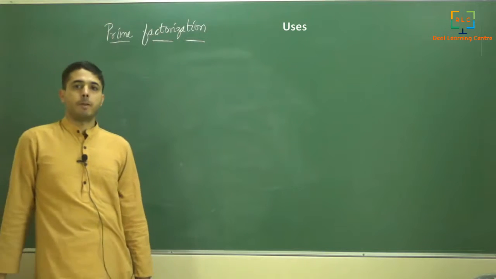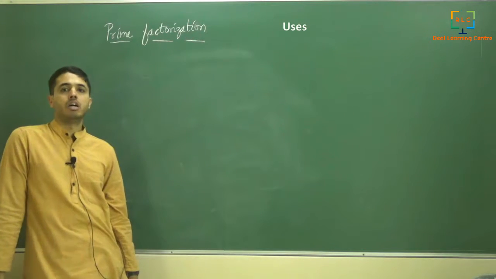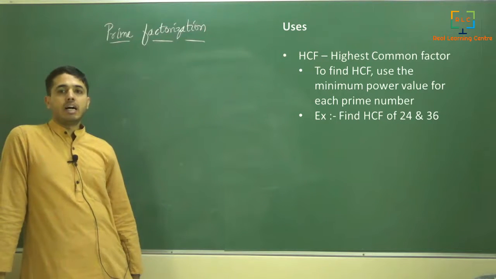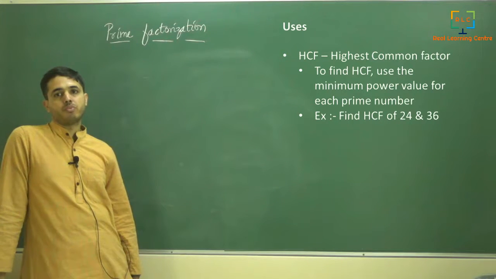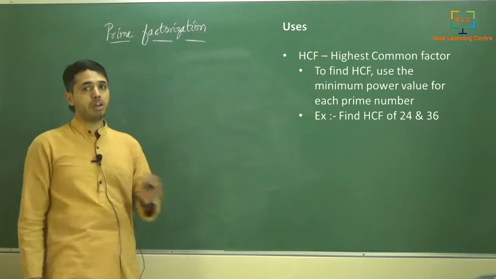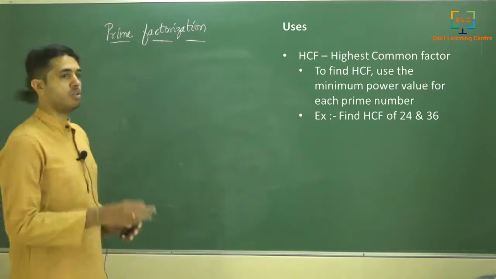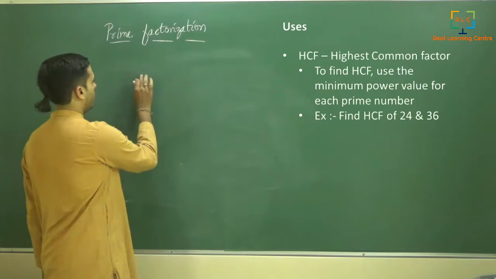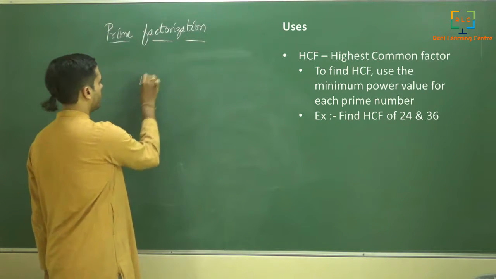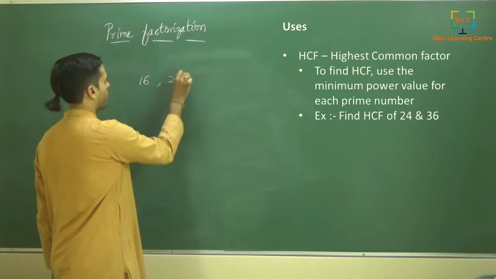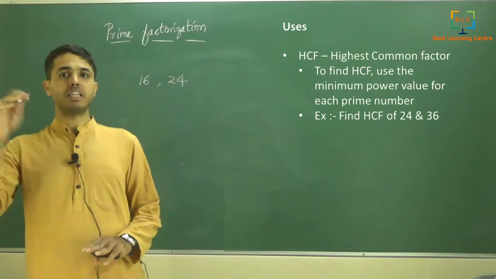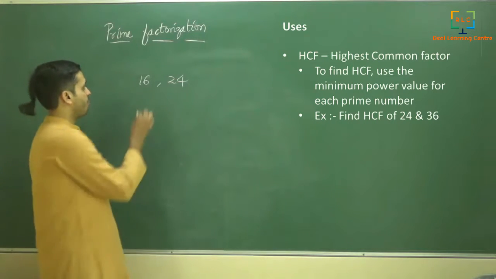There are many uses. To start with, highest common factor for any given pair of numbers or more than 2. To start with, we take 2 numbers. Say for example, we have got 16 and 24. Now I have to find common factors. Not just that, I have to find the highest common factor. So now,